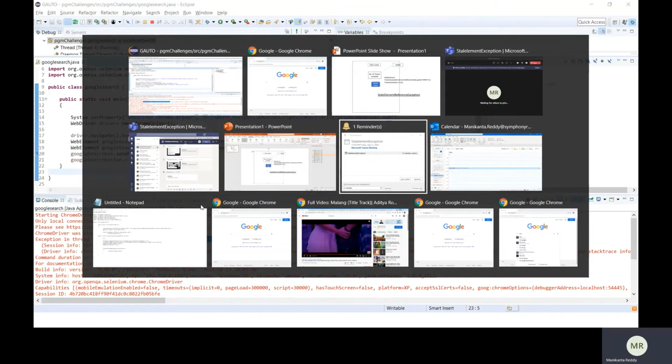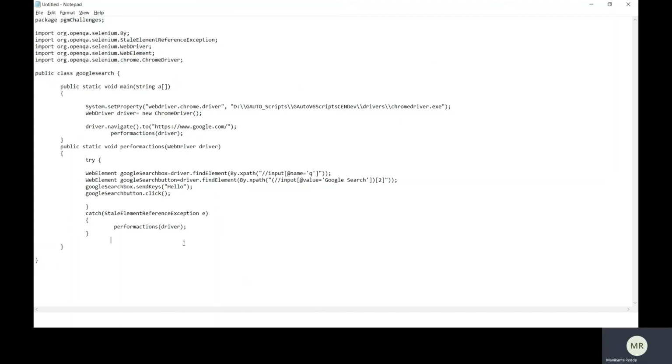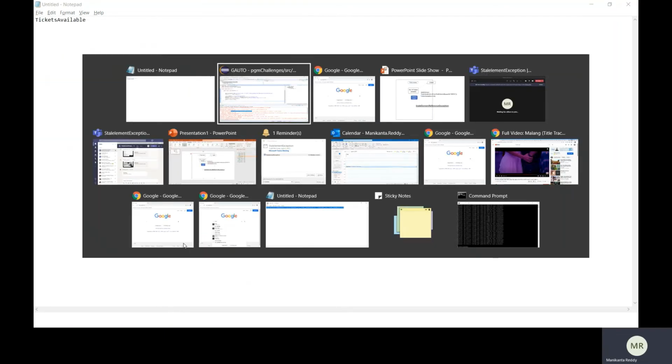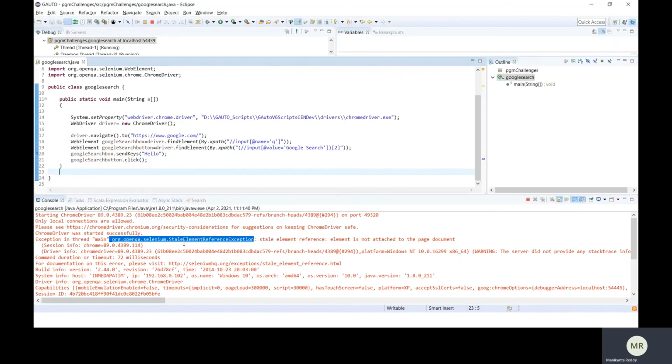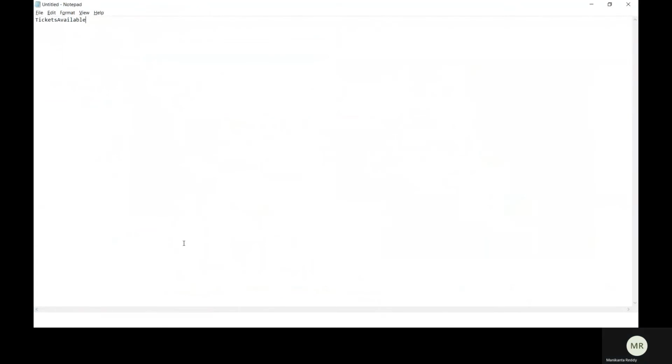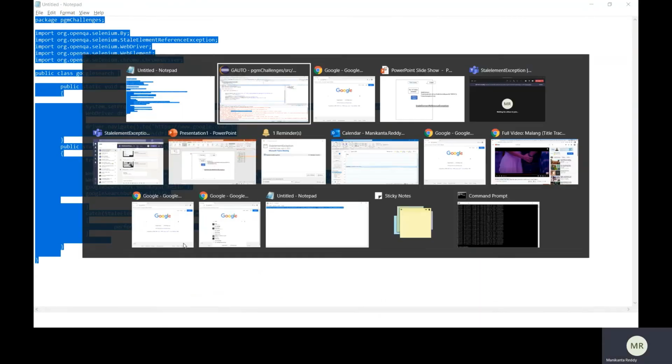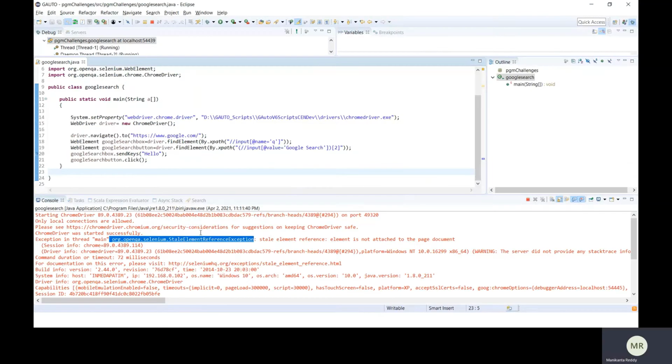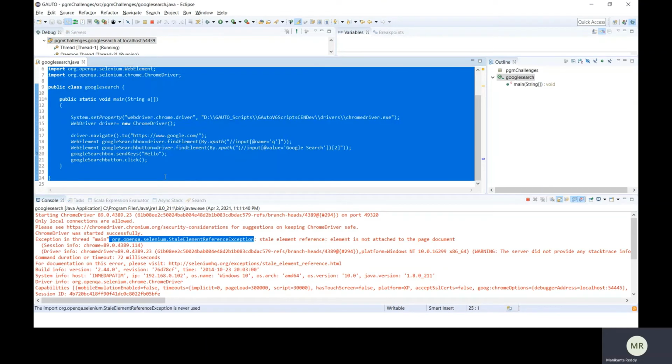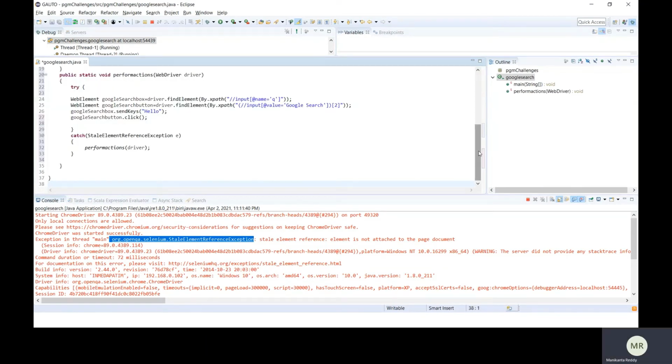I have copied my code at some place just to avoid rework. So let me place this and explain the code from top to bottom.